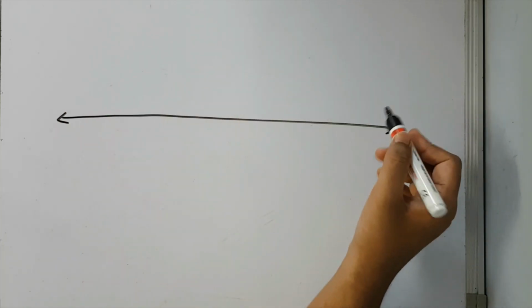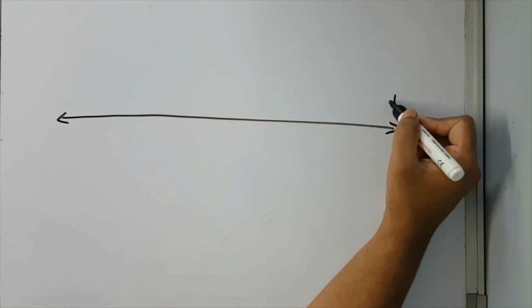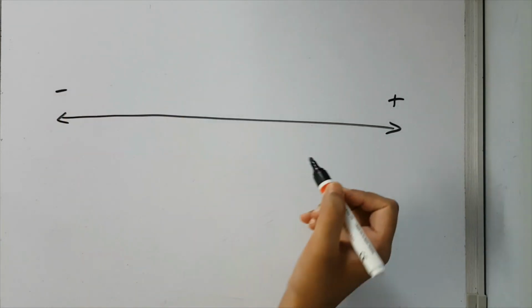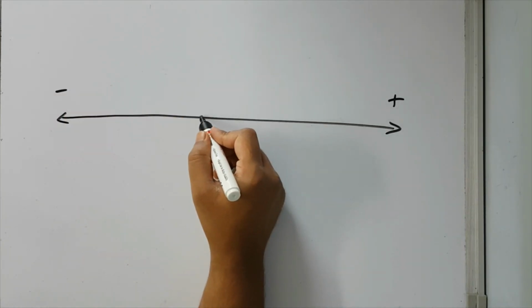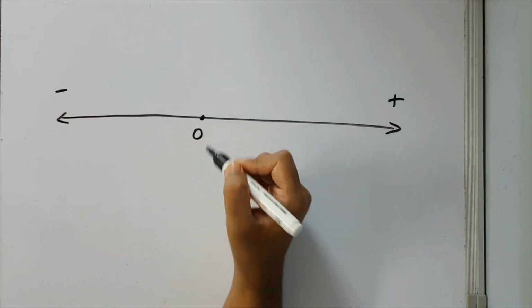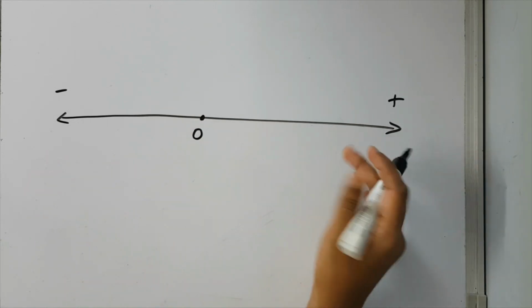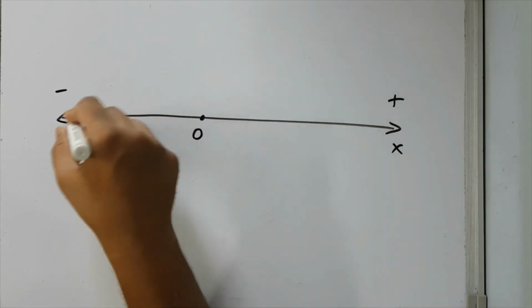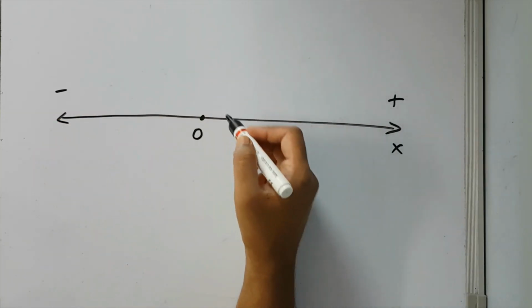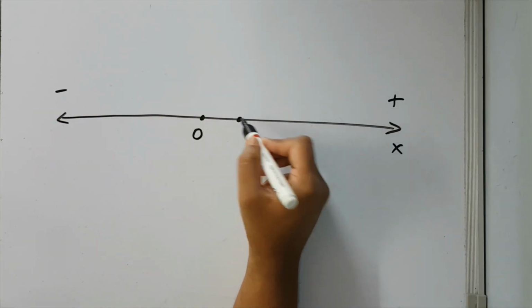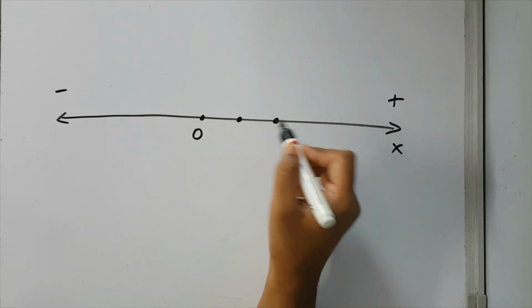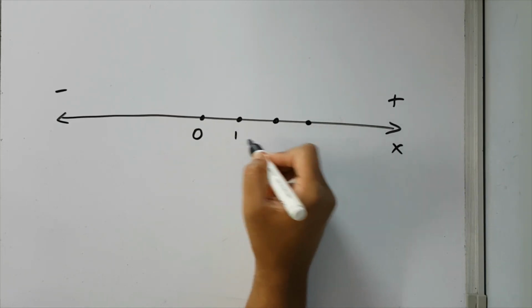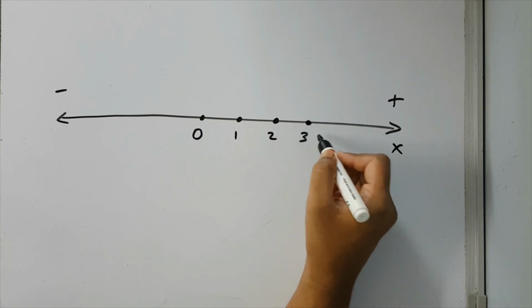The thing about motion in a straight line is that there are only two possible directions a particle could move. So you could take one direction as positive and the other direction as negative, and you set an origin, and you could call this axis x, y or z. Let's call this the x axis. This is an axis similar to a number line, and you can mark points at equal intervals. Let's say this is 1 meter, this is 2 meters, this is 3 meters and so on.